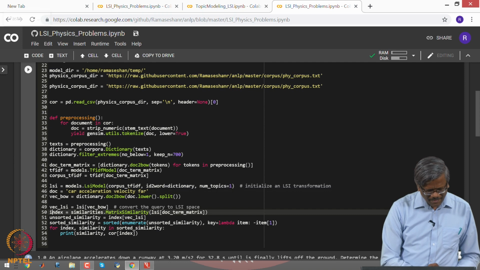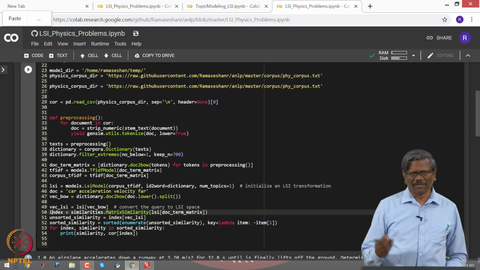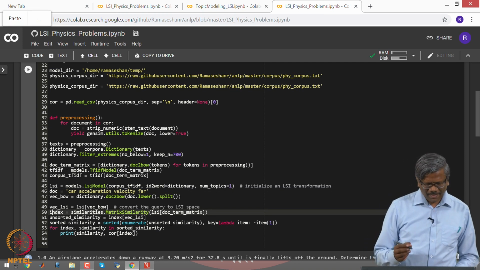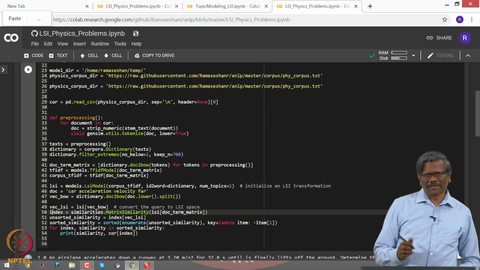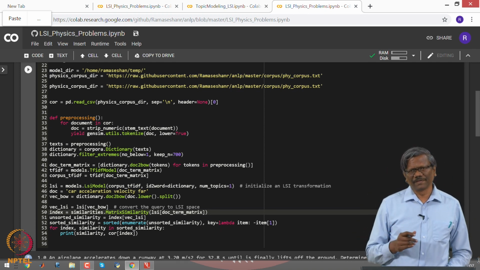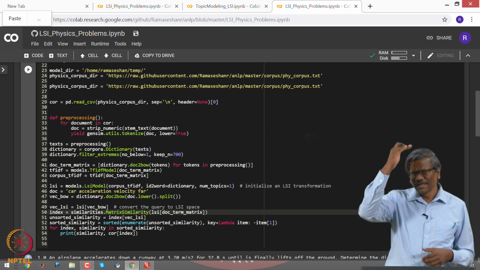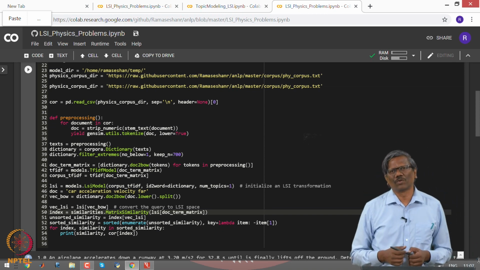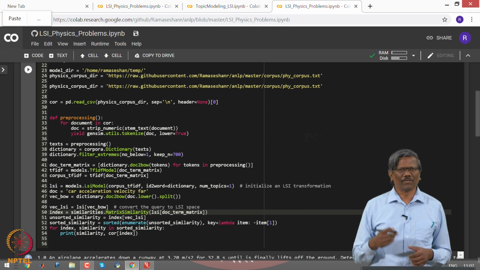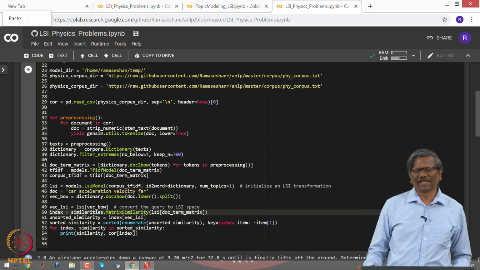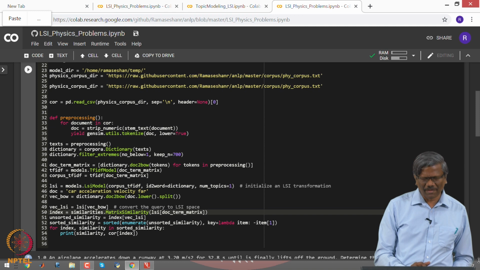And then there is a similarity function that is also available as part of the GenSim library, and then it goes and looks at all the documents related to the query and then provides you a score for each one of those. Remember the cosine distance that we computed earlier in a very similar fashion.